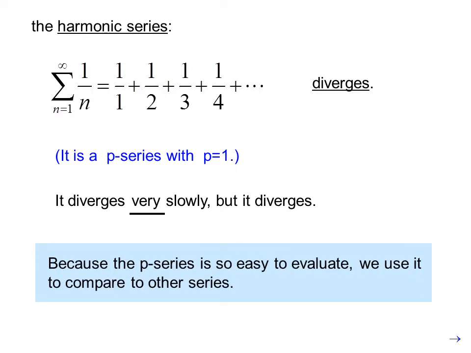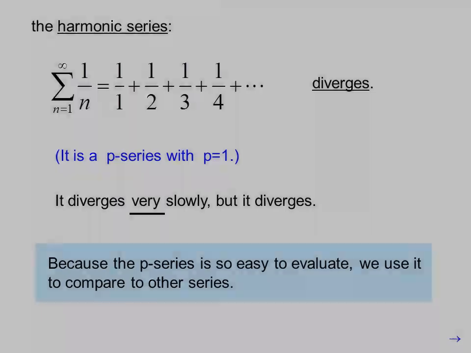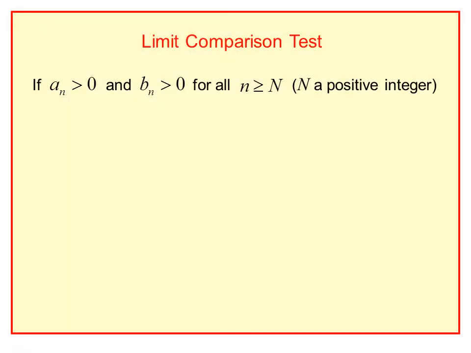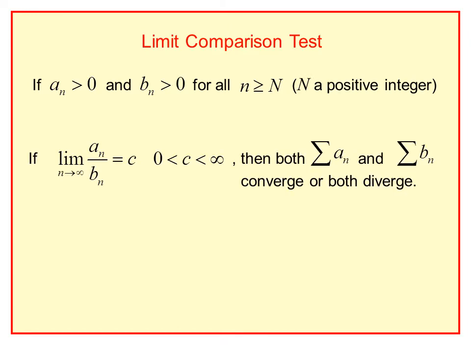Because the p-series are so easy to evaluate, we use it to compare to other series. The limit comparison test. If a sub n is greater than 0 and b sub n is greater than 0 for all n greater than or equal to big N, where big N is a positive integer, if the limit as n goes to infinity of a sub n over b sub n equals c, and c